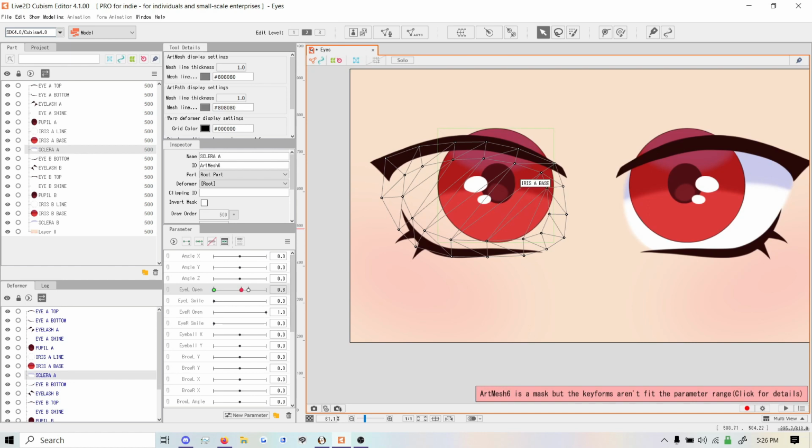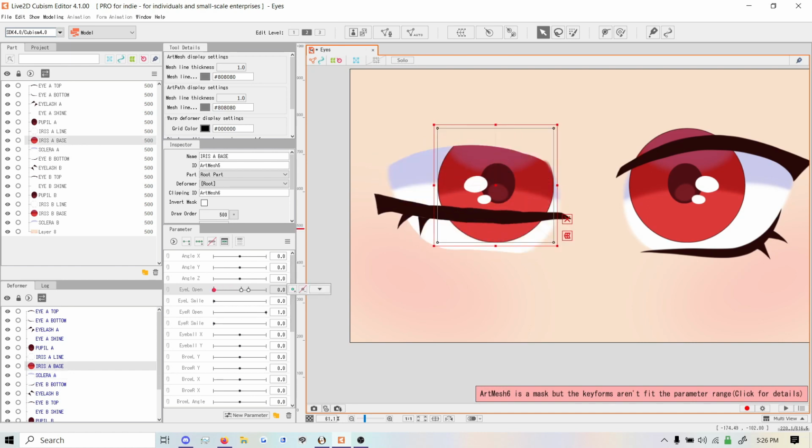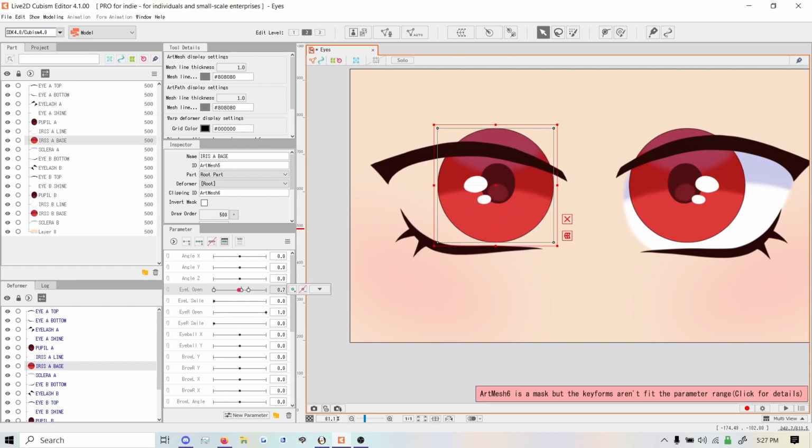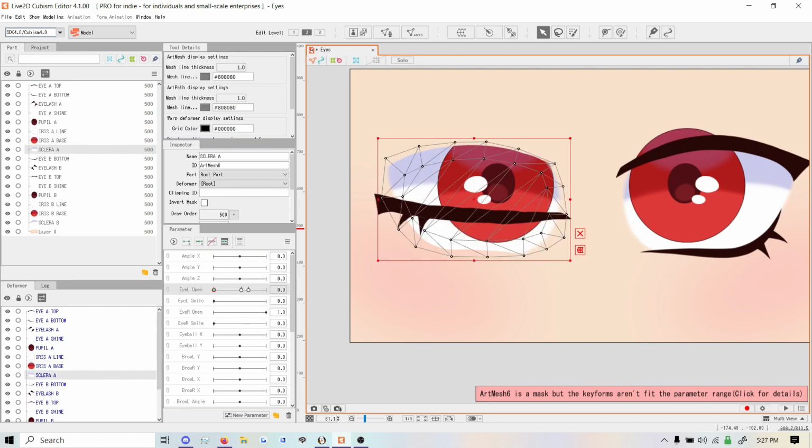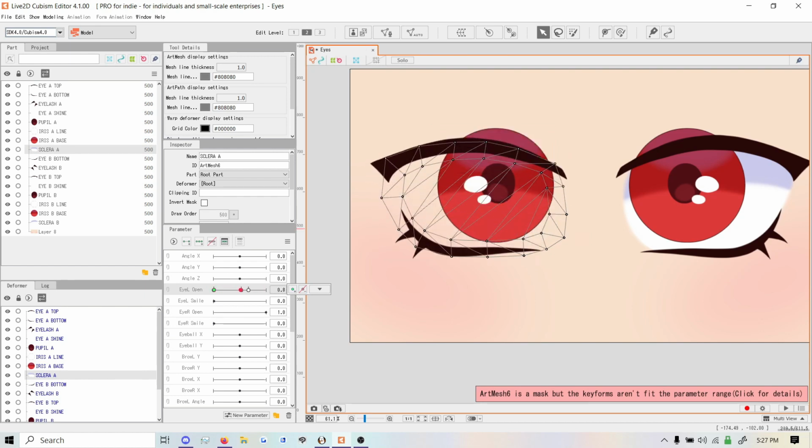Basically, it's saying that it doesn't know when to show the iris or not because the whites of the eyes are disappearing beyond a certain parameter. Meanwhile, the iris is not disappearing. And so there's an inconsistency. We will fix that later. So just ignore that error for now. Go to 0.8